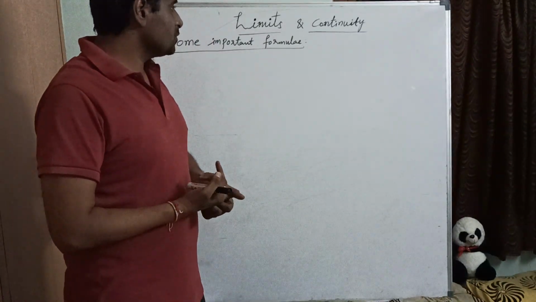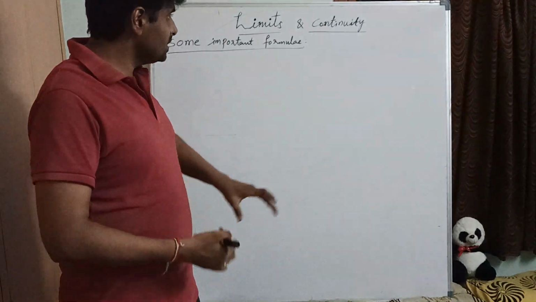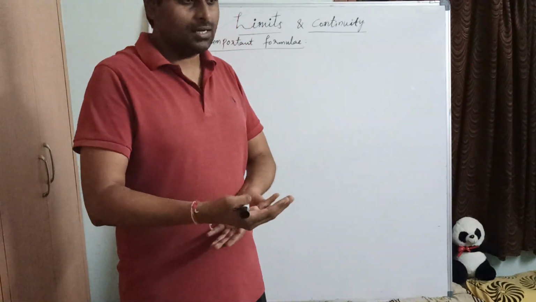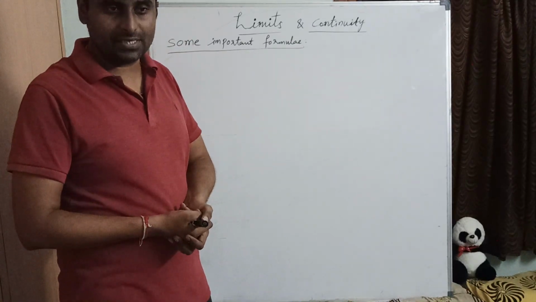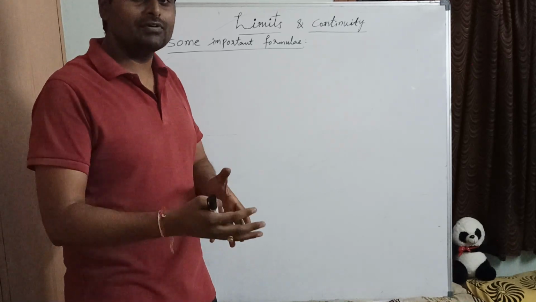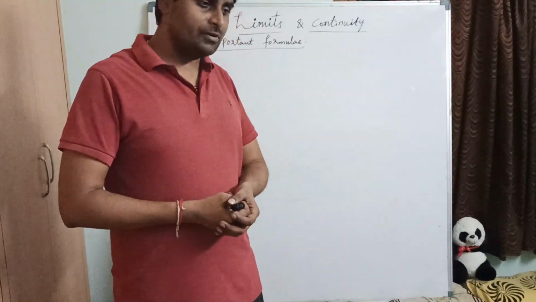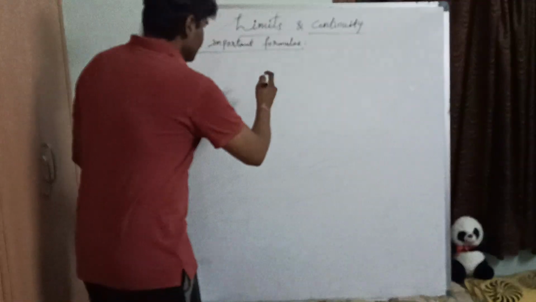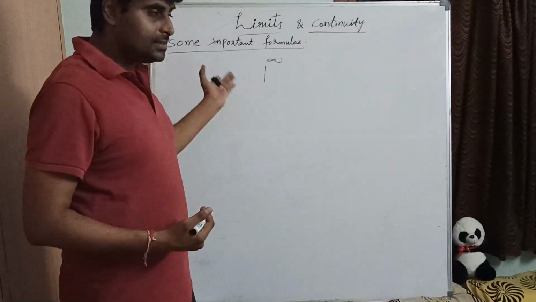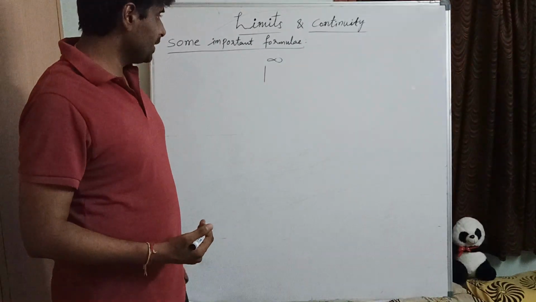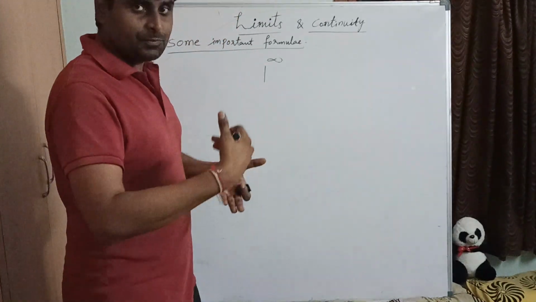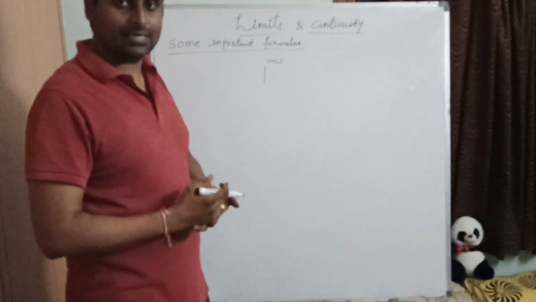If you observe previous year IIT questions on this chapter, most of the problems are based on L'Hospital's rule and 0 by 0 or infinity by infinity forms. In most of the cases wherever we have 0 by 0 or infinity by infinity, we will apply L'Hospital's rule. Some of the problems will be based on 1 power infinity, where the working rule will be different. We convert that function into exponential form and find the limit for the given function.